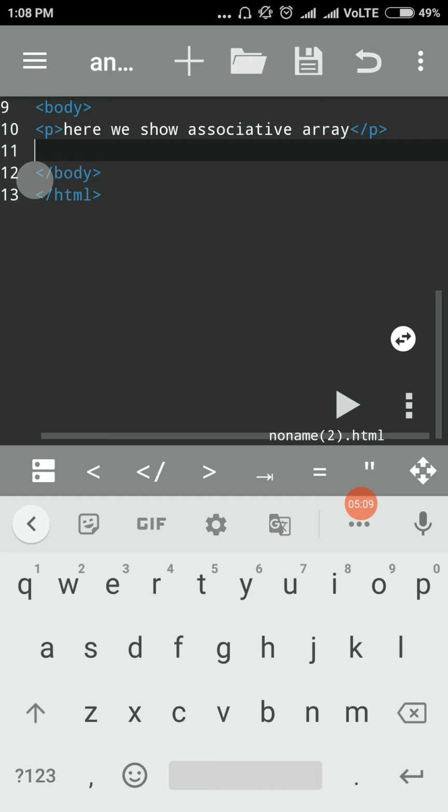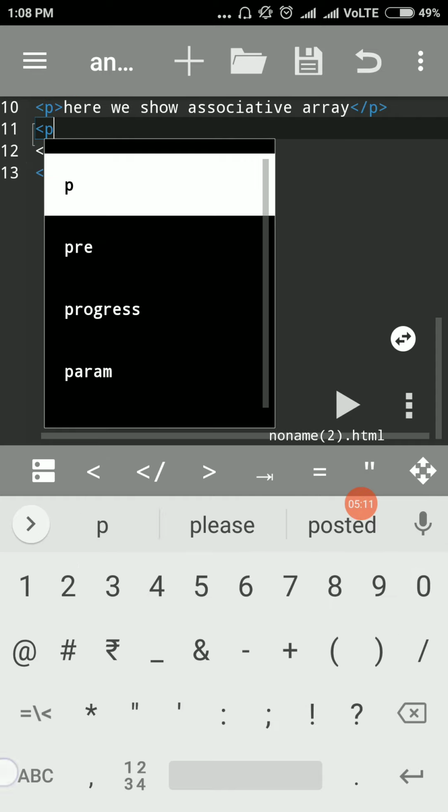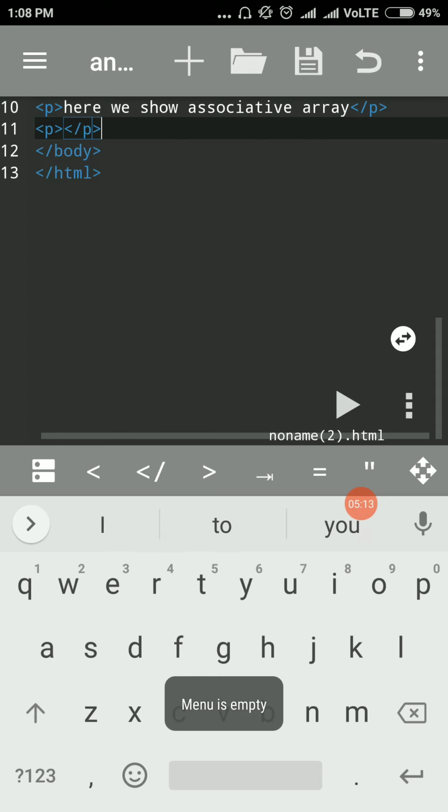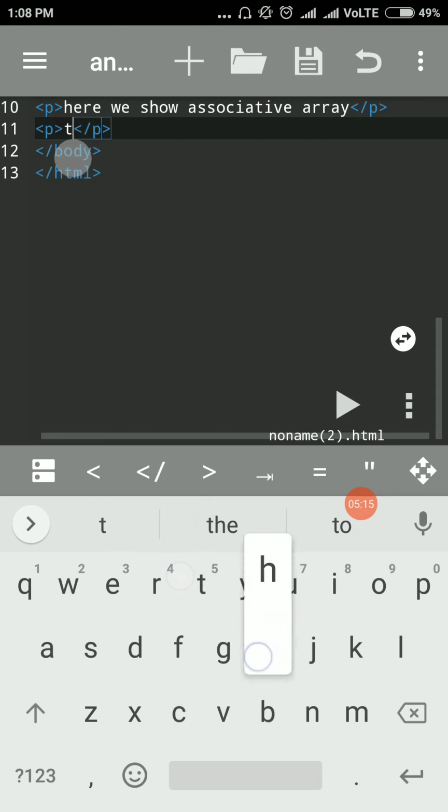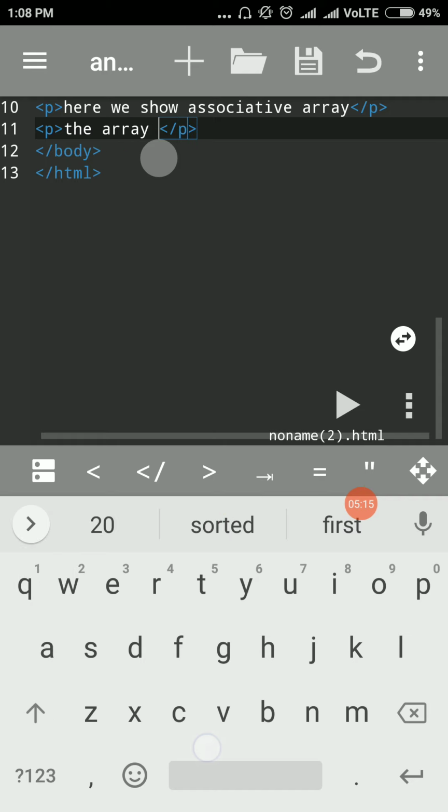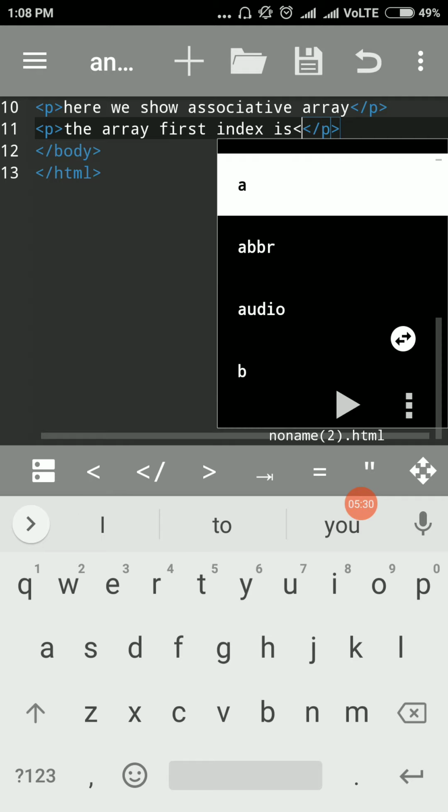So how do we display the associative array? The array first index is. So the question right now is how we show the associative array.